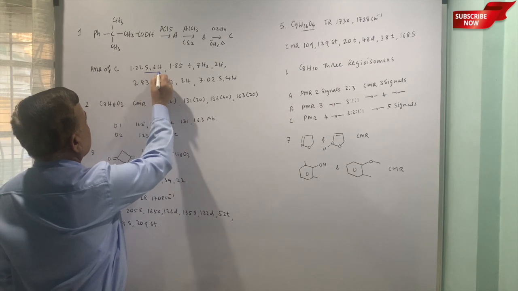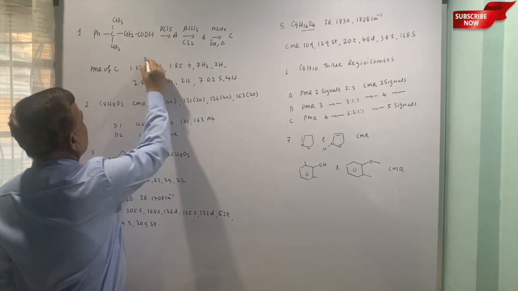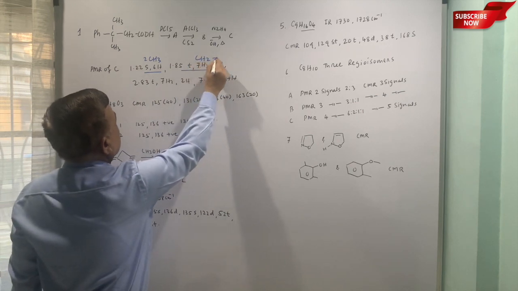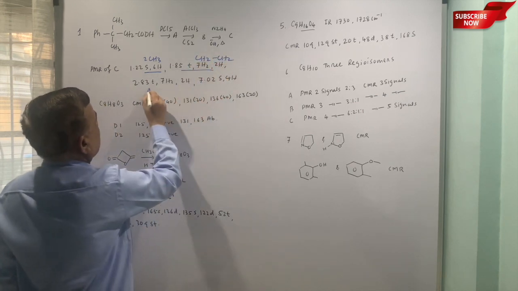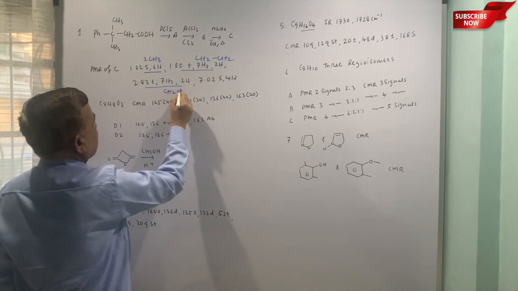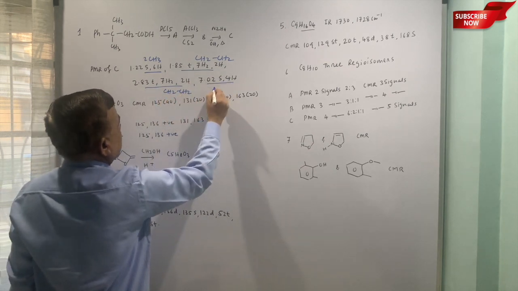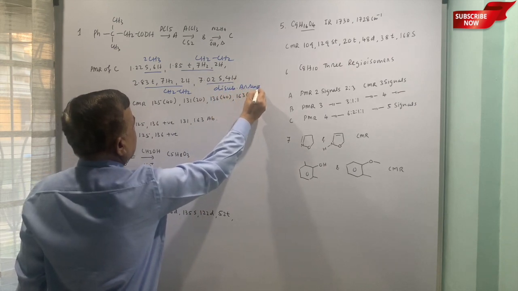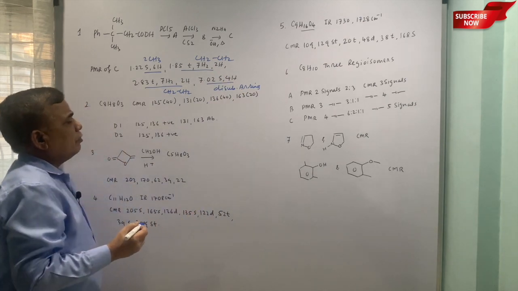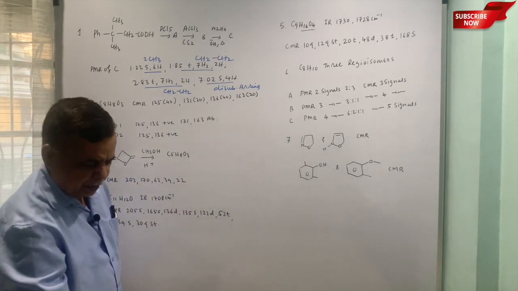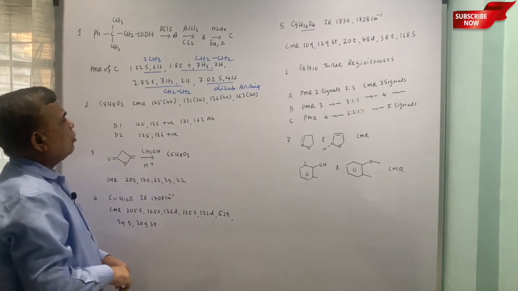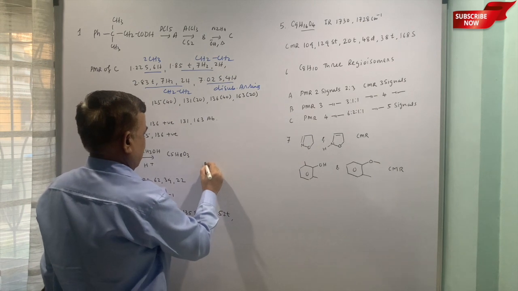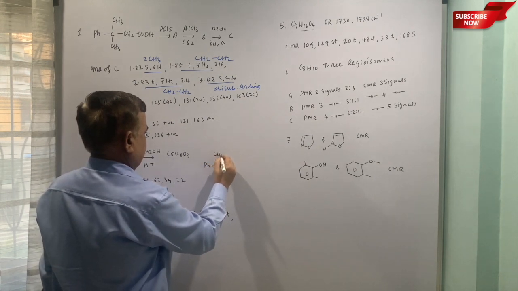So, a 6 proton singlet, that is 2 CH3s, a triplet of 2 protons, that is CH2 CH2, another triplet of 2 protons, once again CH2 CH2, and this is a di-substituted aromatic ring. This much information one can derive from the given information. Now let us write down the reactions for that.